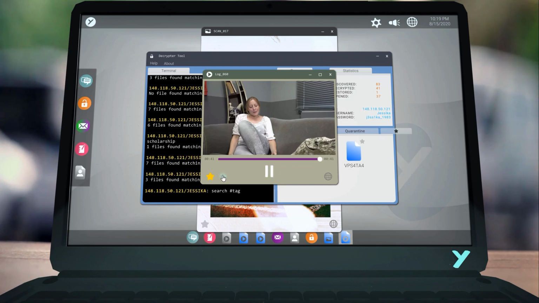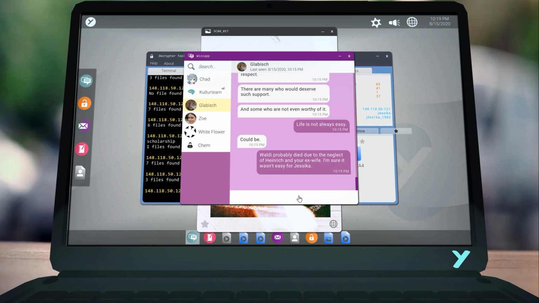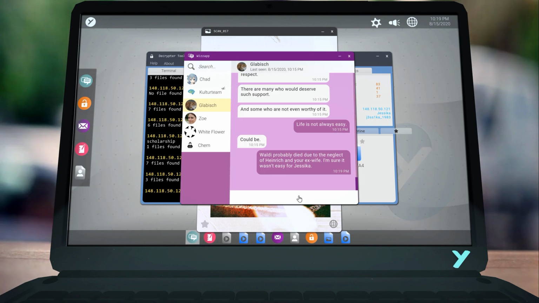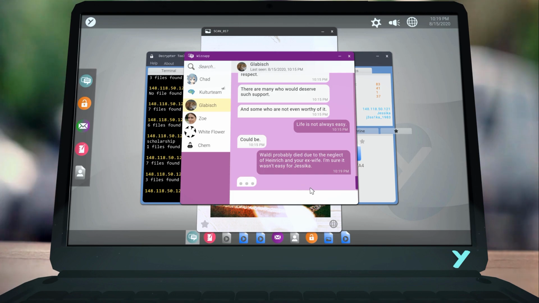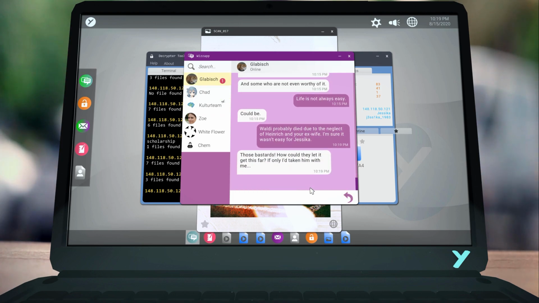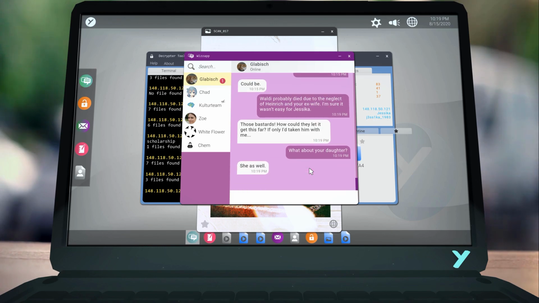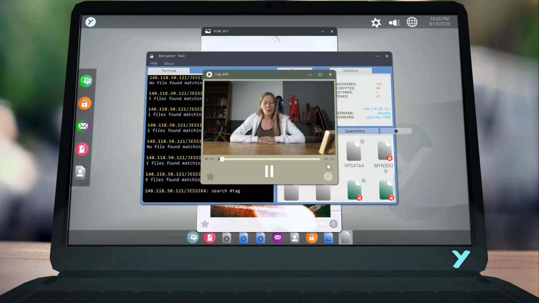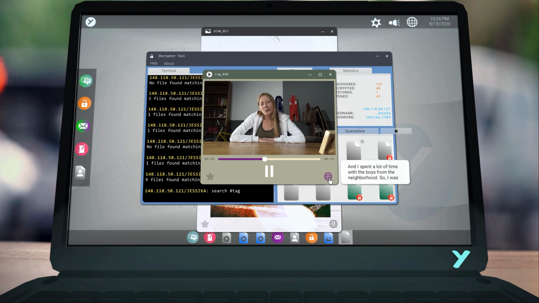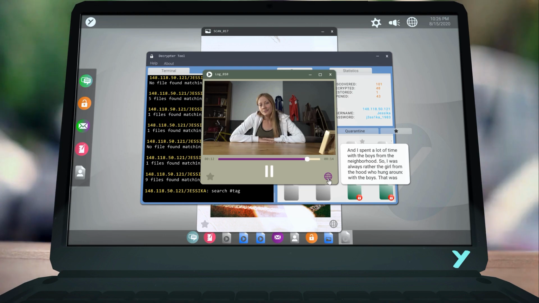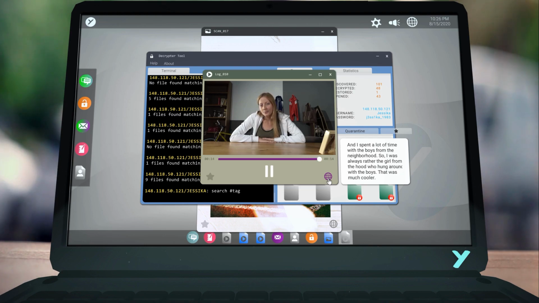The actual story of Jessika herself I think is intriguing as well. She has a lot of depth to her character, and I think that's portrayed really well by the actress. Even though the primary language of this actress is German, she really portrays the emotion well, and even without the English dubs on, I could really understand what she was saying. Sadly, I feel like the originality of this game is overshadowed by the fact that it really feels like a copy of a Sam Barlow game. I wish that something in the interface kind of set it apart a little bit more. I feel like the ideas were there, but it just kind of falls flat because of its predecessors.